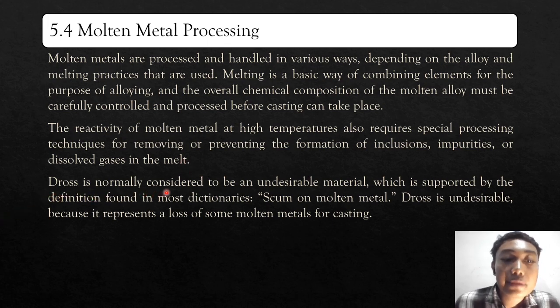Dross is normally considered to be an undesirable metal, which is supported by the definition found in most dictionaries. Dross is undesirable because it represents a loss of molten metal for casting. Next,